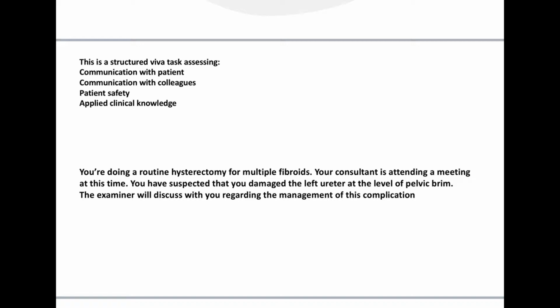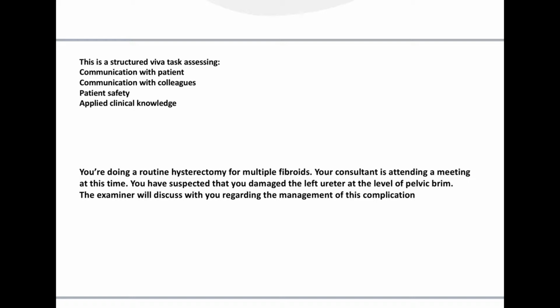So if you are dissecting the bladder and suddenly the fluid comes, you will suspect a bladder injury. But if you are doing the IP ligament, for example, you will suspect ureteric injury. Okay, so how will they confirm? They have to do what we call meticulous dissection, very fine dissection till they identify the injury. Seeing the peristalsis of the ureter does not exclude the injury, so don't be reassured if you see the peristalsis that you didn't hit the ureter. It can be injured and peristalsis may still be there. Okay,